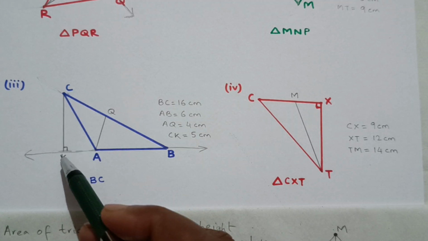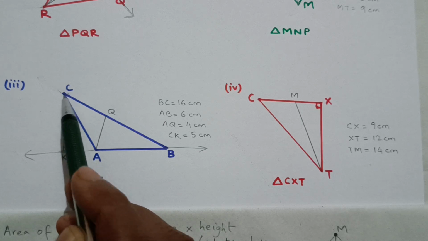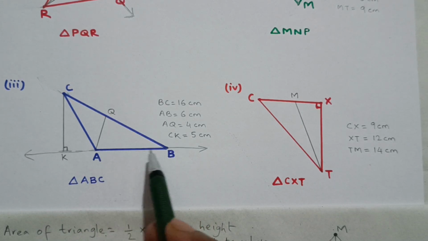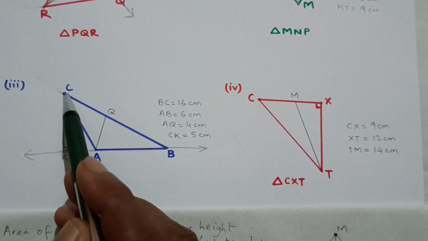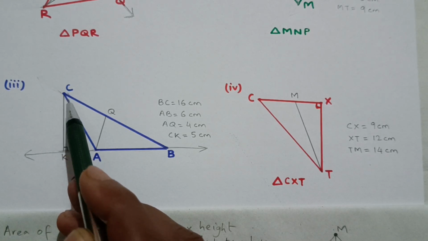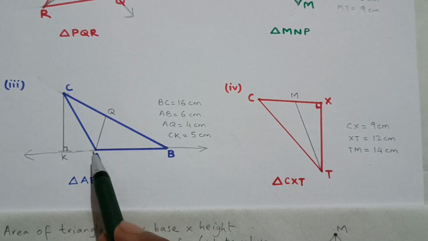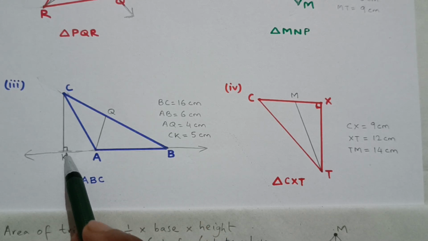Because CK, this line segment, starts from the opposite vertex C, and it meets the base AB at 90 degrees,